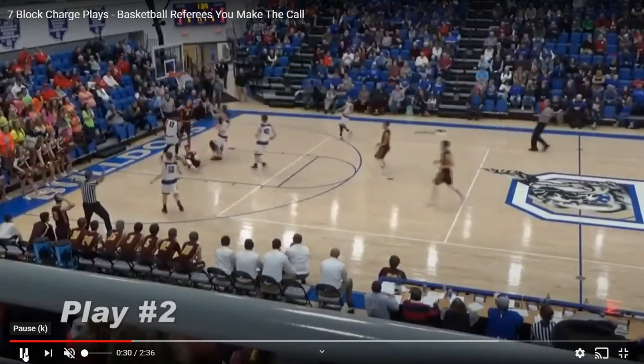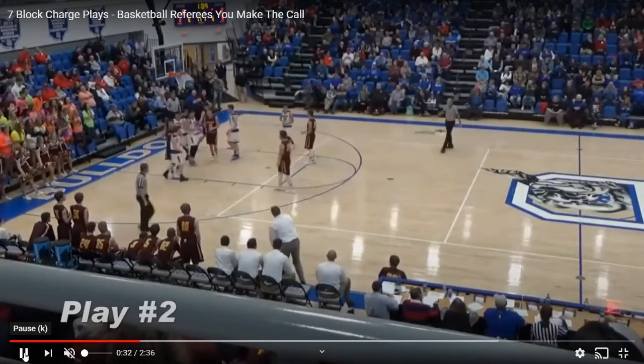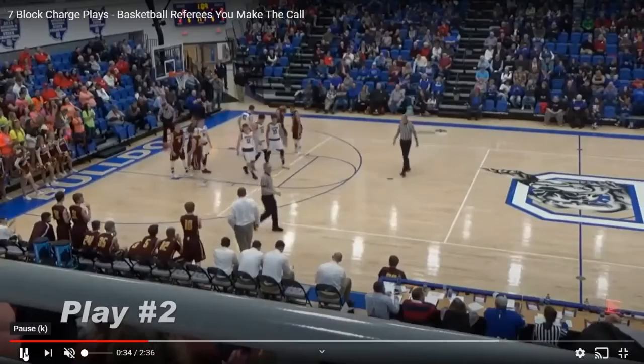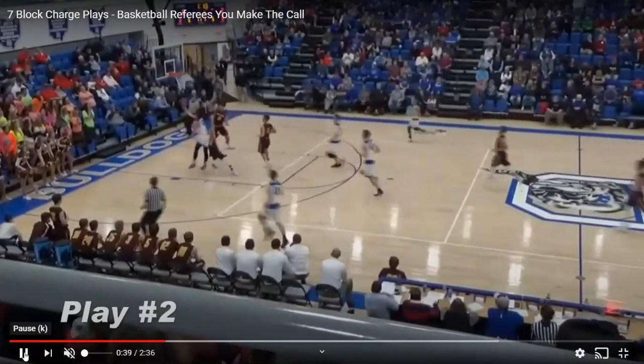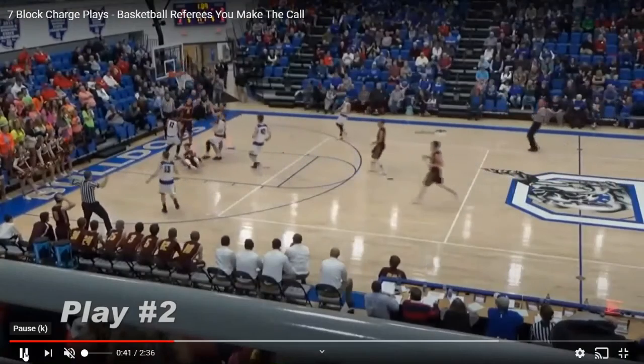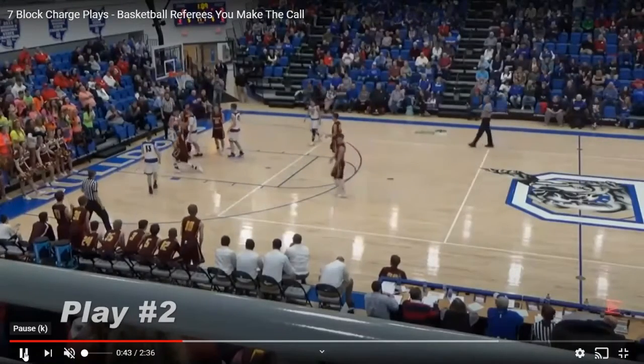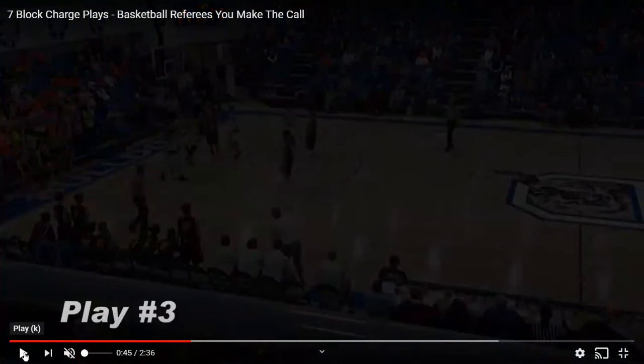Again, from center official. Kurt, I agree. Great mechanics, good positioning. We got the call right here with this one. We have a little bit of a grazing blow, and I think the defender is trying to take a charge here. He just didn't get it because the offensive player was athletic enough to move sideways instead of running over him. So again, I think it was a good call, good mechanics, and the correct official made the correct call. All right, next play.